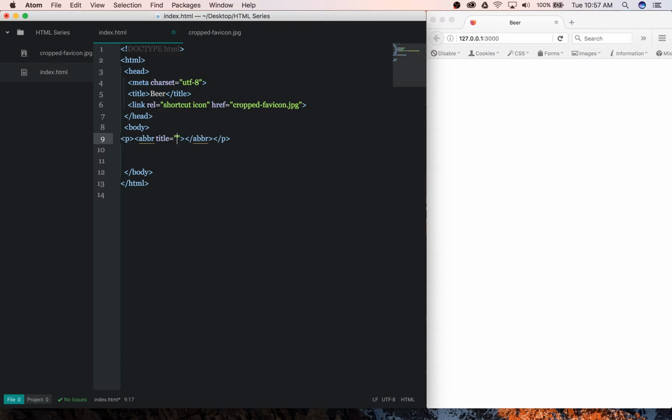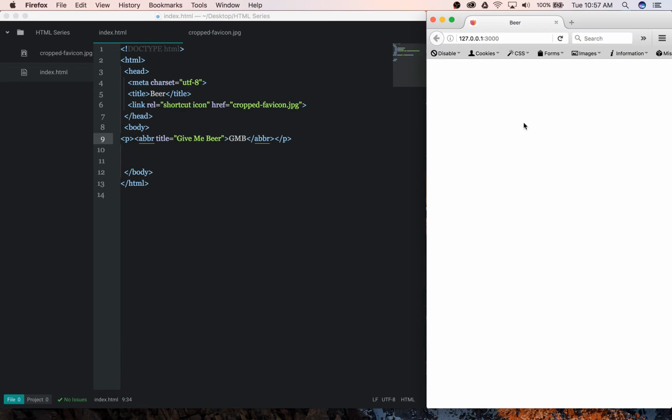Now it's going to have a title here. It auto formatted it for me, but this is going to be important for you to include. So after you type abbr, you want to add title equals the double quotes. And let's say, what's an abbreviation for something where I could say something's really funny? We could say, give me beer, right? Let's just do that. So if we did GMB, come on over here, and you notice there's an underline underneath it,